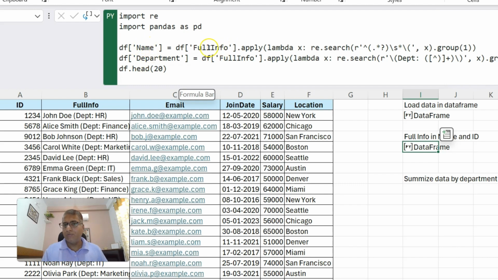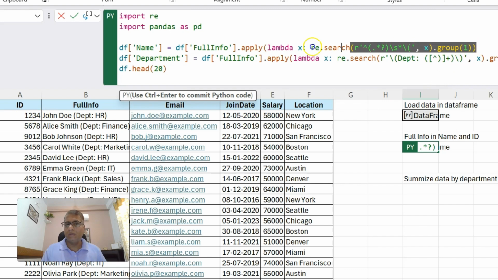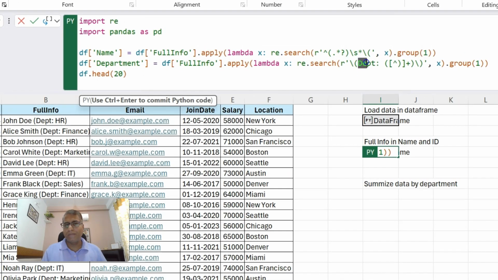For name, it is using a regex to get the name part of it. The idea is to find the starting bracket, and anything before that is your name. In the same way, the department is captured by finding where the DEPT colon is available.